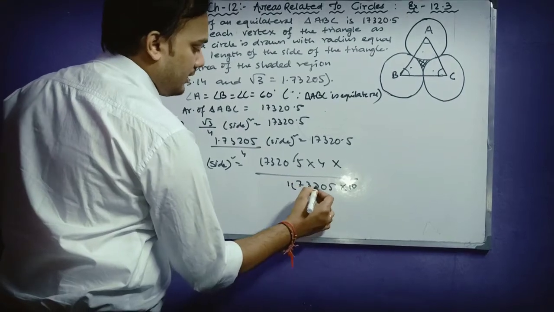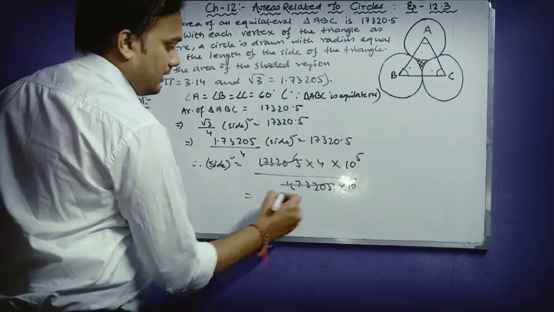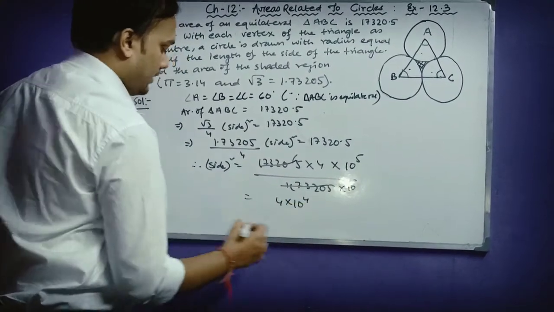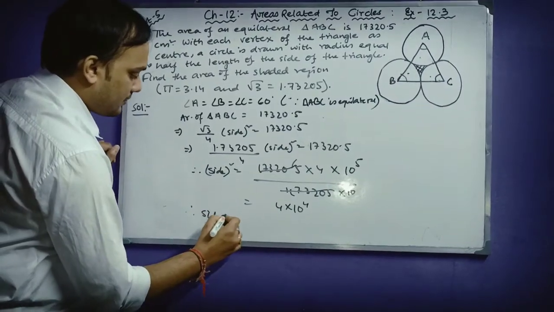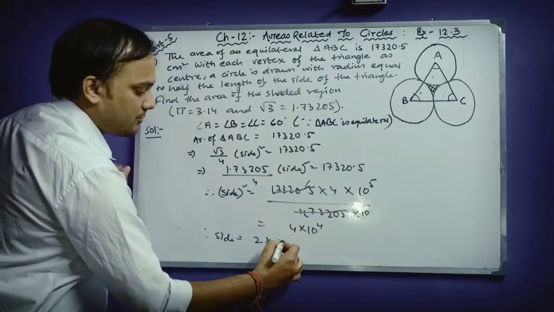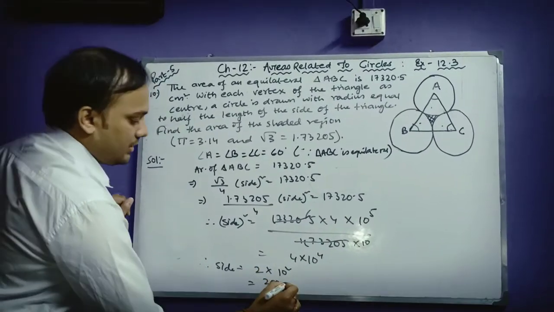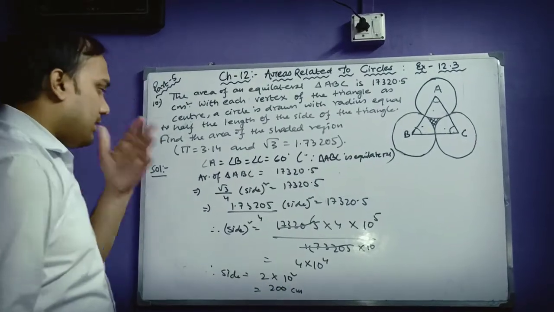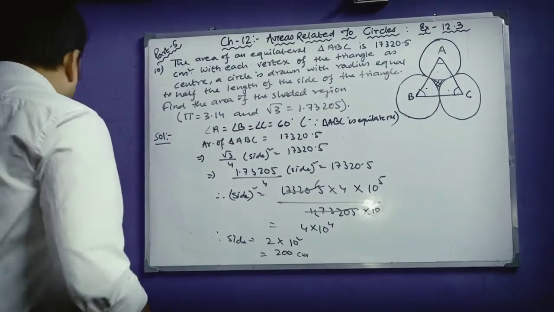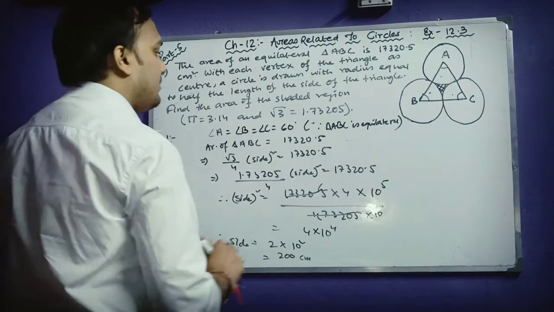here, then it will be 10 to the power 5 here, and so this and this will be cut now. That means what I am remaining with here is 4 into 10 to the power 5 minus 1, that is 4. Therefore, side equals the square root of 4 is 2, and the square root of 10 to the power 4 is 10 square. That means our side is 200 centimeter. Okay. So you have understood how we will be calculating the sides. Very easy. So I am erasing it now because it will not be required afterwards. Only the side is required, and that we will be using.